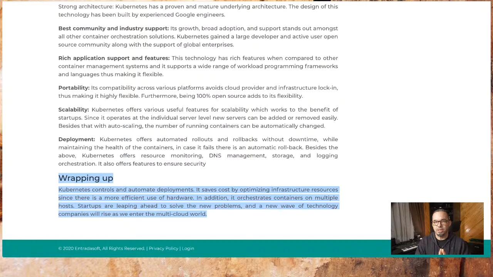37 Signals, the people behind Basecamp, wrote a book a bunch of years ago called Getting Real, and they also talk about how they started Basecamp. I mean, they have a bunch of other stuff out there, but I haven't used them since the Basecamp days. And they talk about how for years they ran Basecamp on like one server running Apache and a single database that they ran backups from. And it crashed a couple of times and they were able to get back online quickly with no data loss, but they didn't invest in data centers of equipment and routers and stuff like that until they actually needed to. Find the minimum viable product version of application delivery for whatever your application is and deliver it from that. And when you outgrow it,